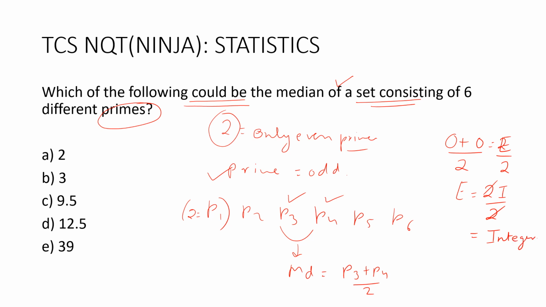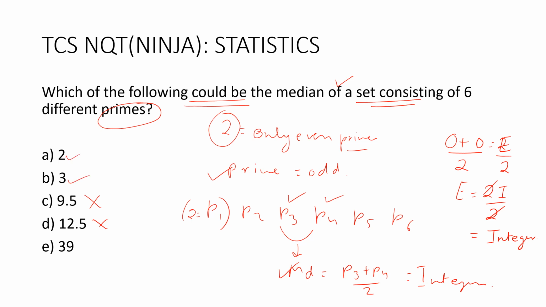So if I want to calculate this median over here, my answer should come out as an integer. Now, if I keep this in mind, I can safely eliminate options C and D because they are fractions. My answer cannot be a fraction. Now, if I want to eliminate options A and B,